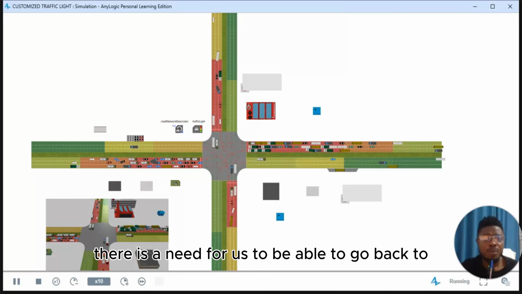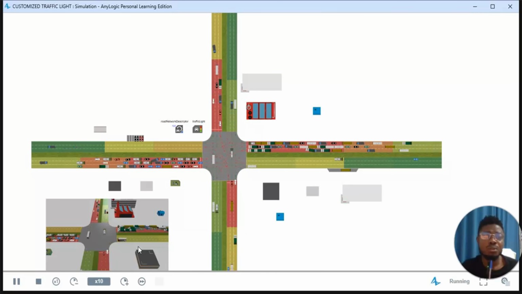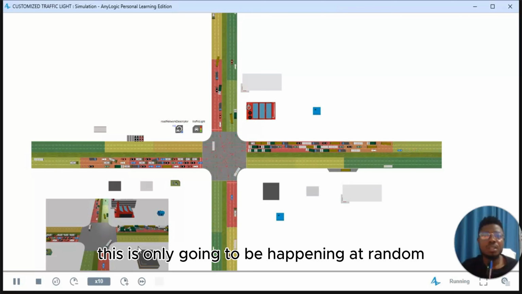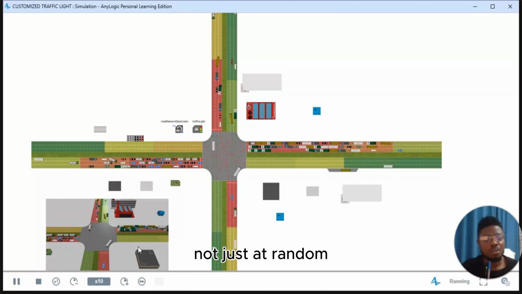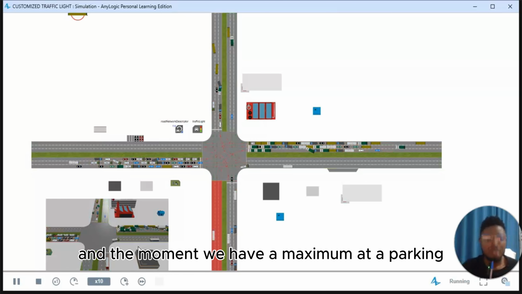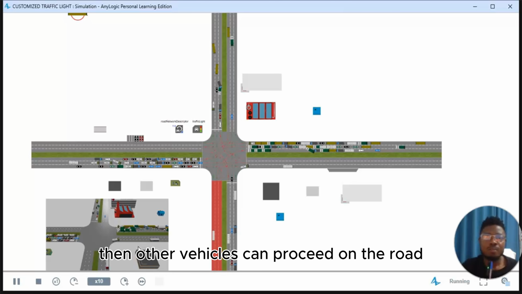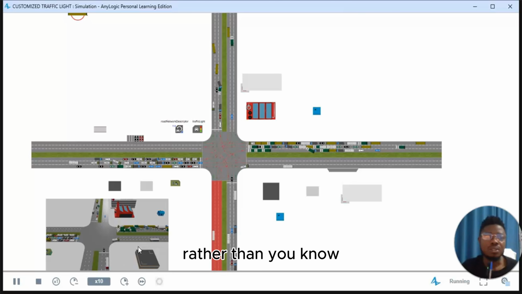So that means there is a need for us to go back to the drawing board, I mean, go back to the logic flow and edit it, showing that okay, this is only going to be happening at random, not just at random. And the moment we have a maximum at the parking lot, then other vehicles can proceed on the road rather than